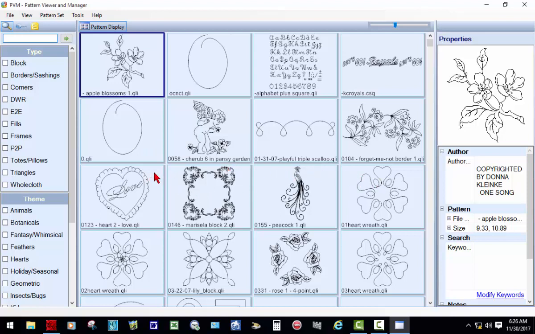I don't have these keyworded, not at this time, but here's what I want to think about. I'd like to look at a couple more patterns, and one pattern I know that I want to look at is cloud meander, and another one is cotton candy. So I can just put in the search box cloud meander and click the little arrow here,